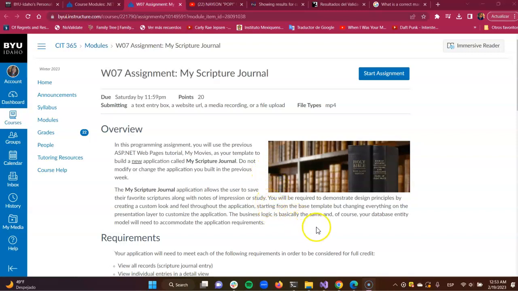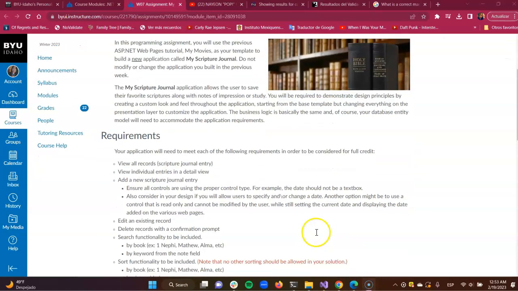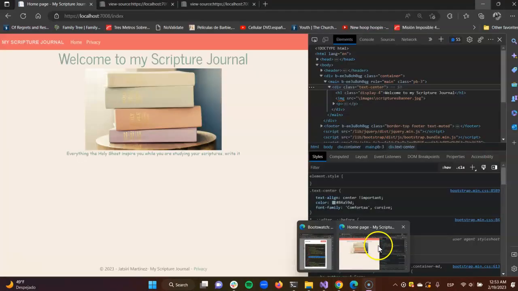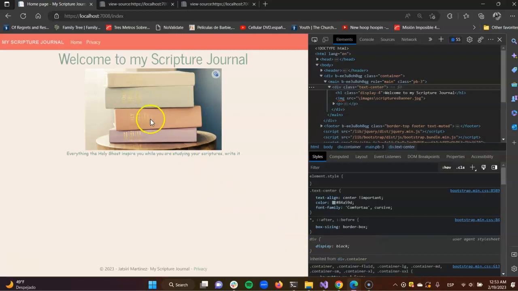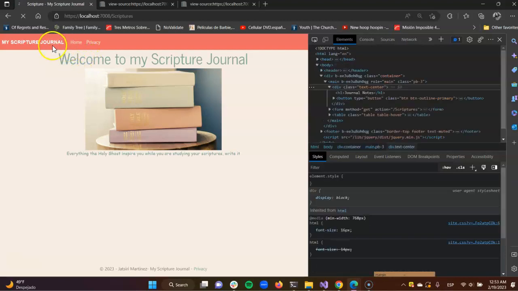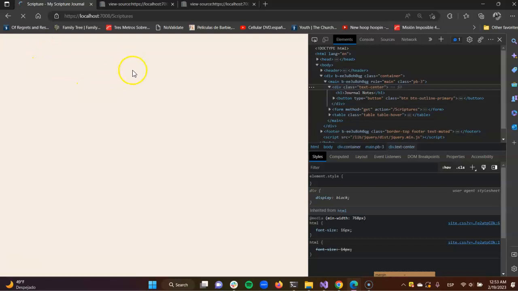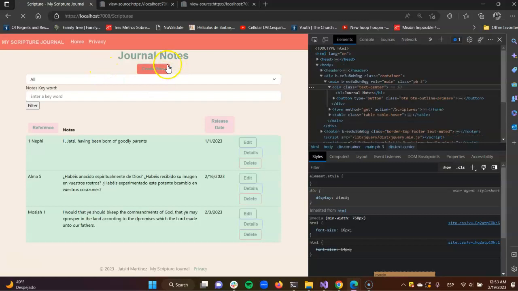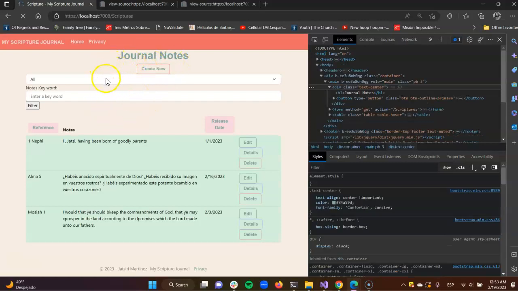This is my scripture journal assignment. And first, I'm going to show how it is running. Here is the index, the home page, and this is my record of scripture notes,